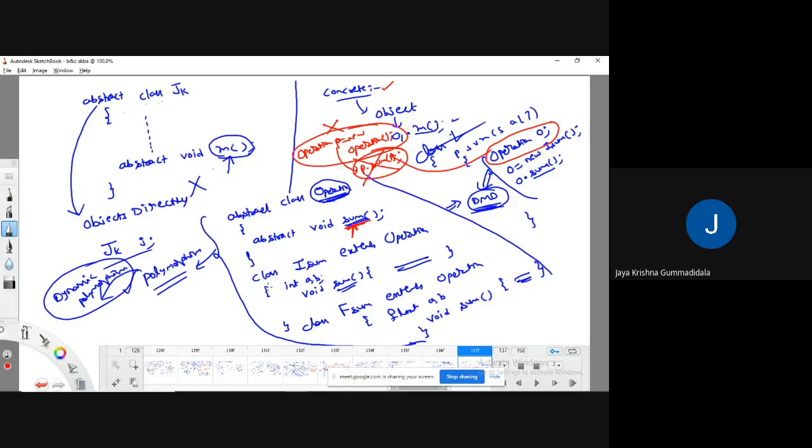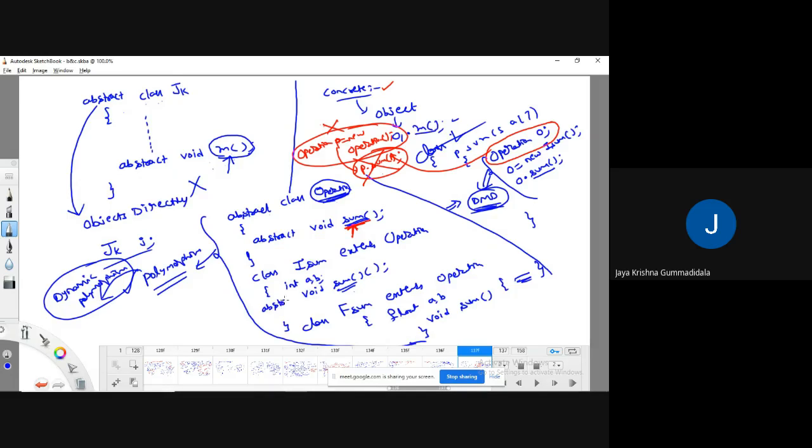And also you have to note down one important point. Assume that this class also I didn't implement it. As I didn't implement it here also, I need to make what?